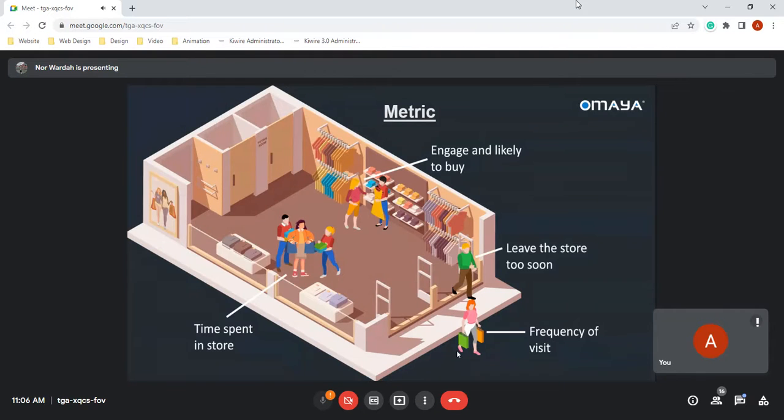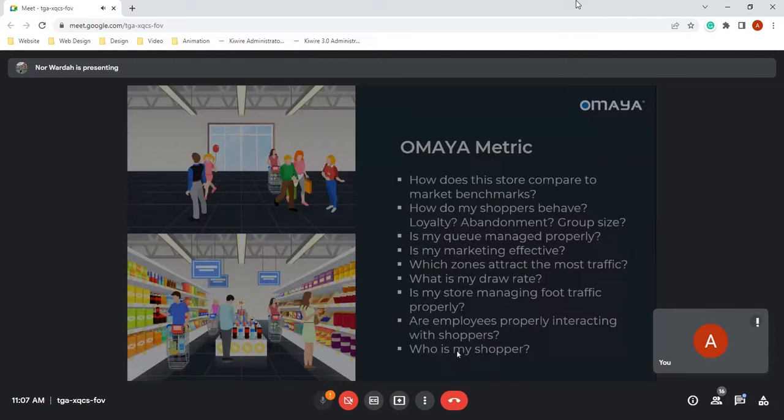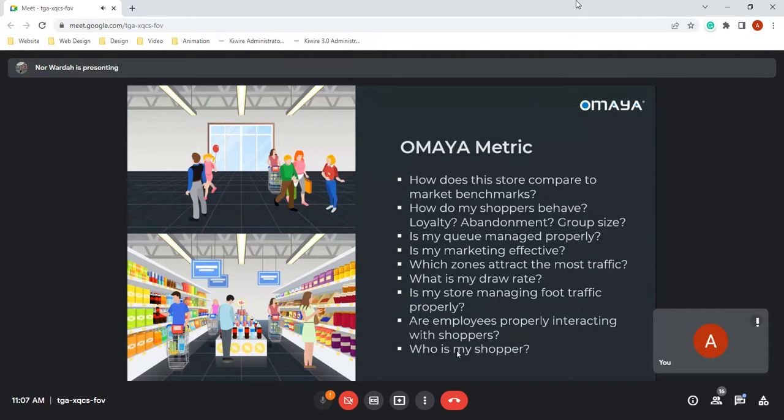This is the view also for the Omaya Crowd for engaged and likely to buy. And then how many customers leave the store too soon, the frequency of visits by the visitor, and how much time the customer spends in the store. So from this Omaya Crowd,